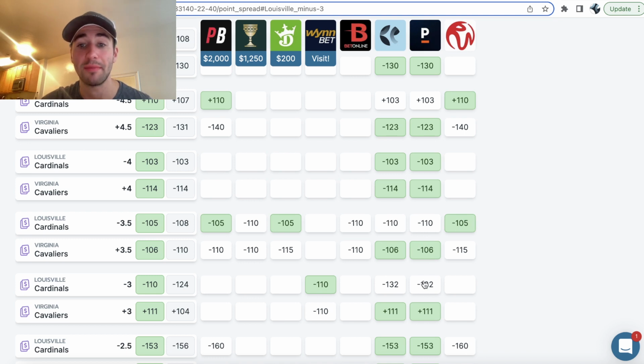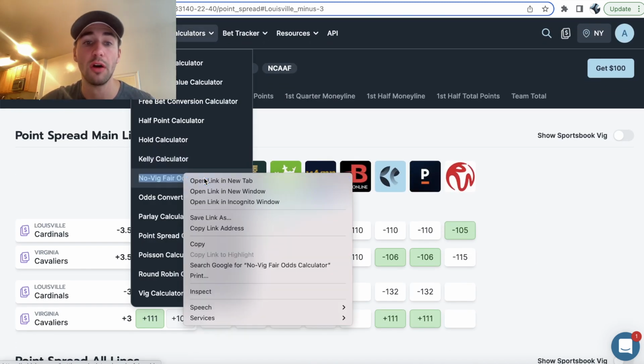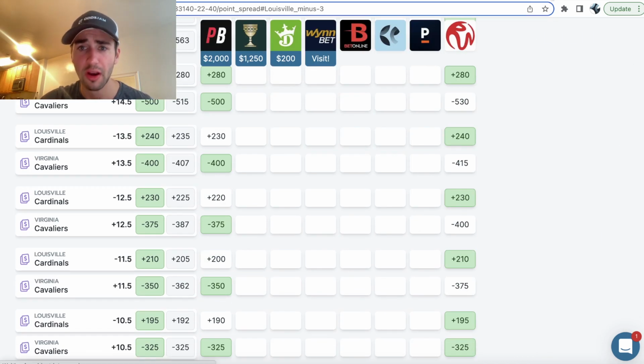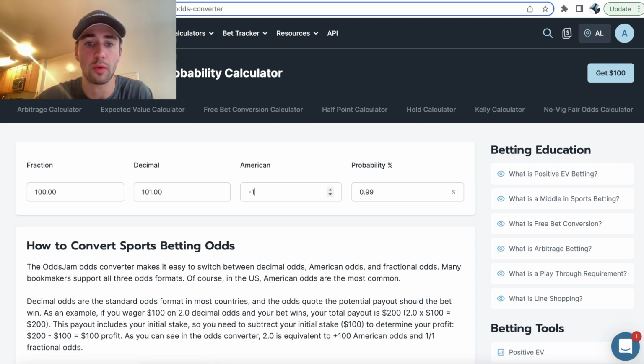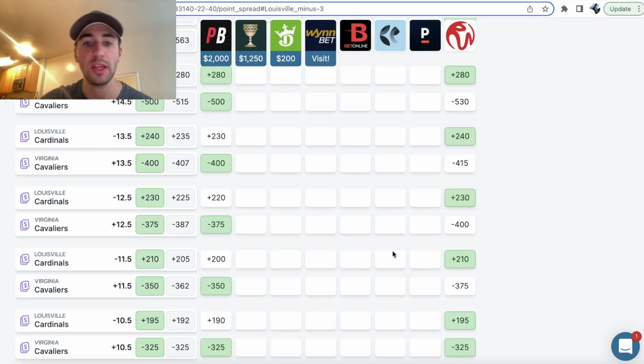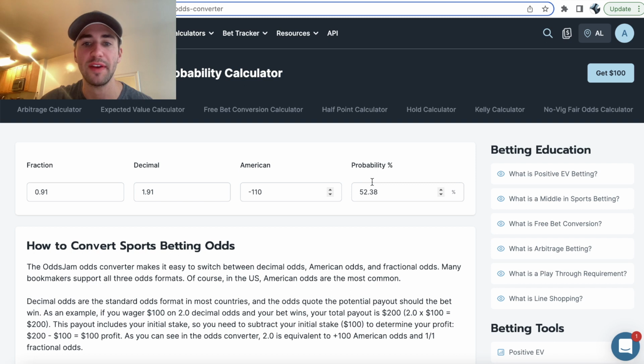You know, Pinnacle has it -132. You can see the jump from -3 to -3.5 on these sportsbooks that offer alternate spreads is pretty massive. And if you go to a no-vig odds calculator, or I guess better yet, an odds converter calculator, this really helped me wrap my head around how to make money sports betting, back when I was a quant on Wall Street. When you're betting at -110 juice, you only need to win 52.4% of your bets to break even. So if you're winning your bets 50% of the time, 55% of the time,